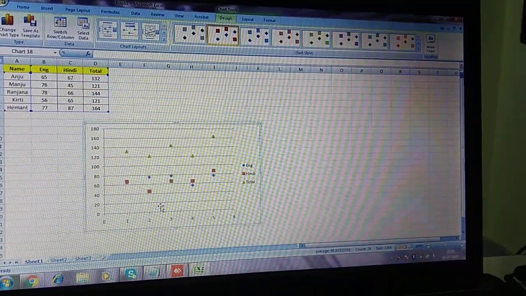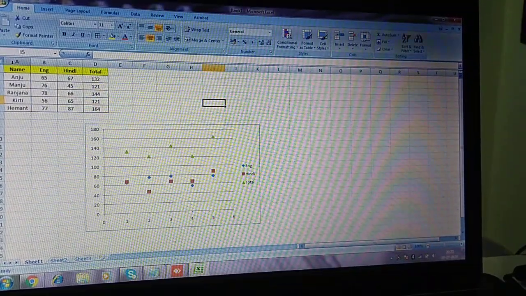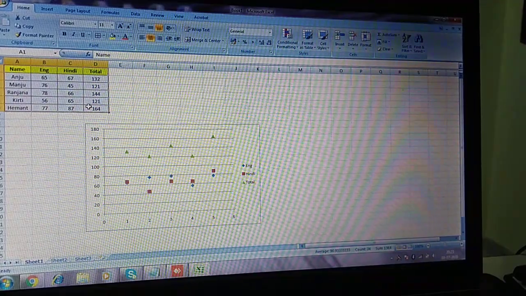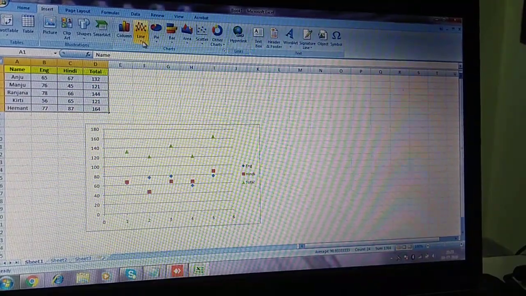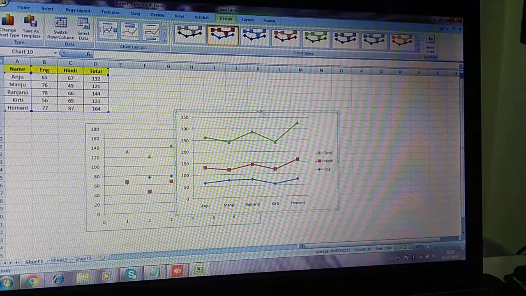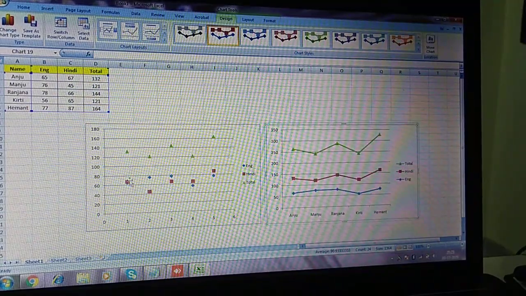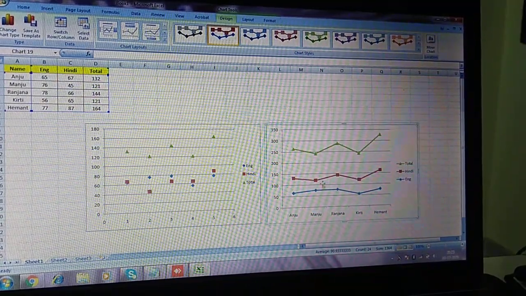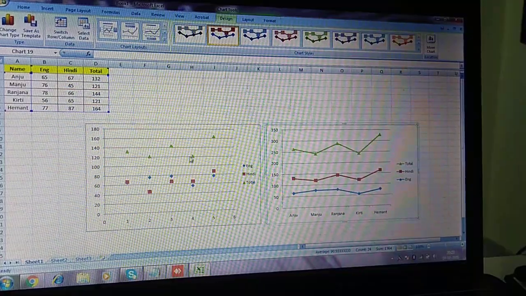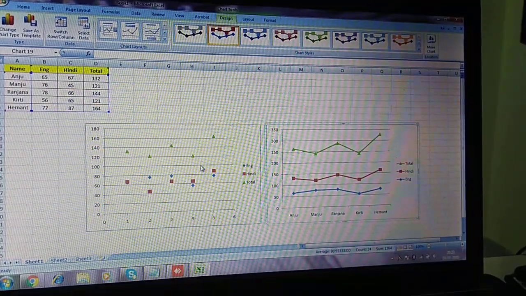I will insert, one minute, I will insert line chart also here, so you can see the difference. See, this is XY scatter chart and this is line chart. So both are using the geometrical shapes. Yes or no?